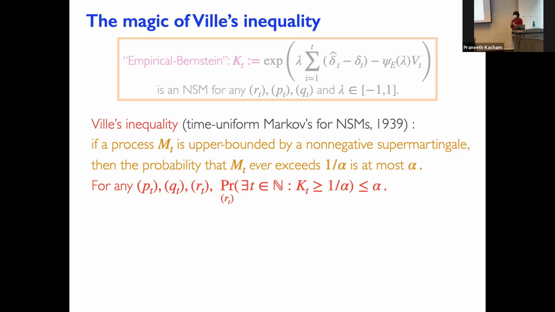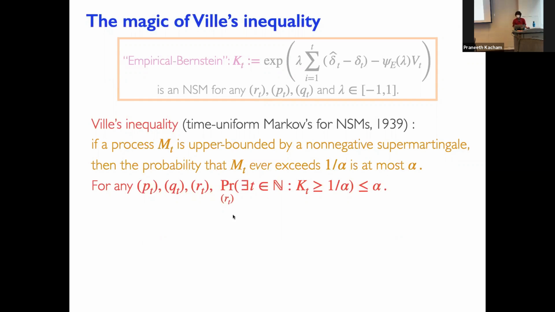It applies for non-negative random variables. Ville's inequality is a time-uniform version of Markov's that applies, instead of non-negative random variables, to non-negative supermartingales. It says if you have some process M_t that is upper bounded by a non-negative supermartingale, or is a non-negative supermartingale, then the probability that M_t ever exceeds 1 over alpha is